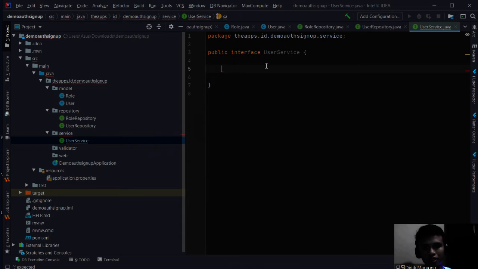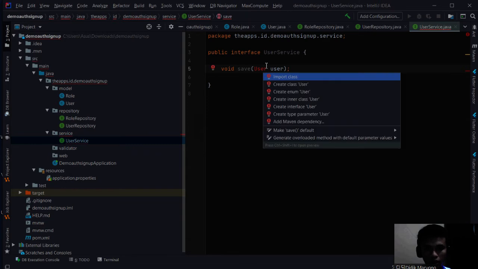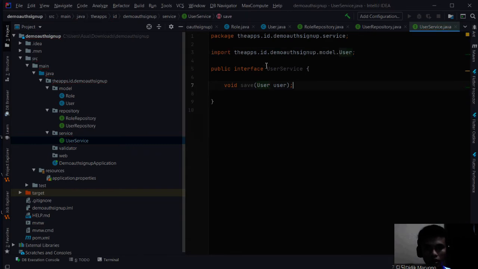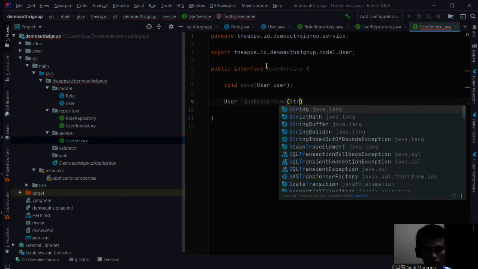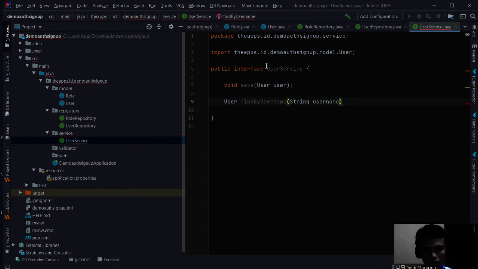I'm sorry, one is void, save user, and the other is user find by username, returning the user model. This username is a string username. Okay, then